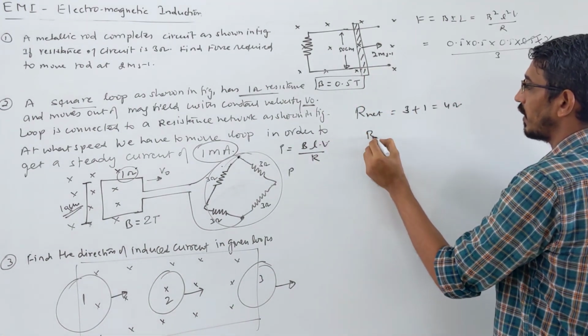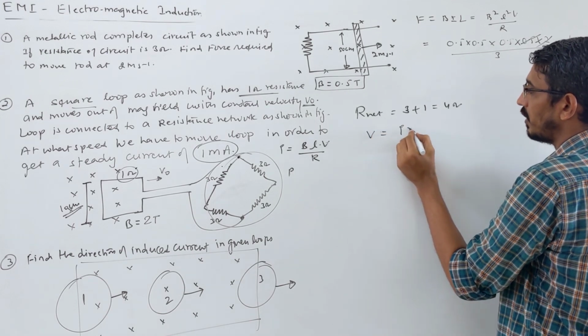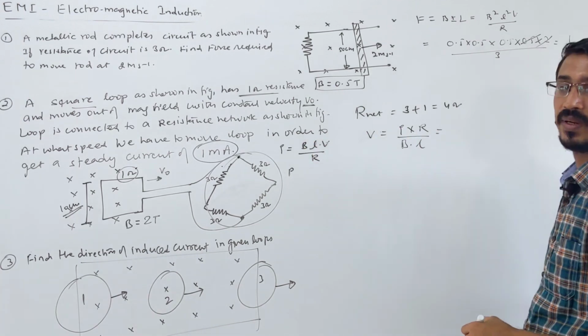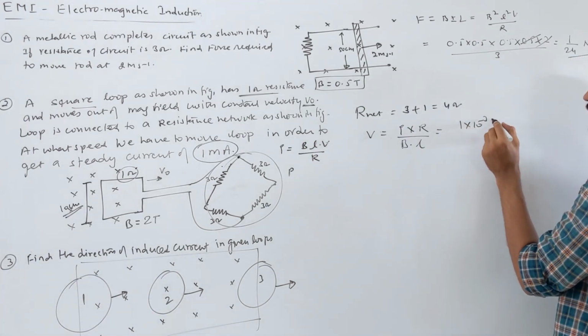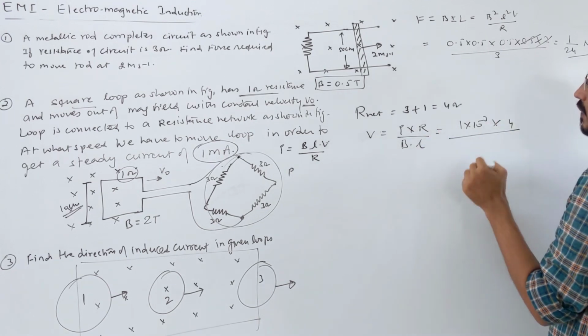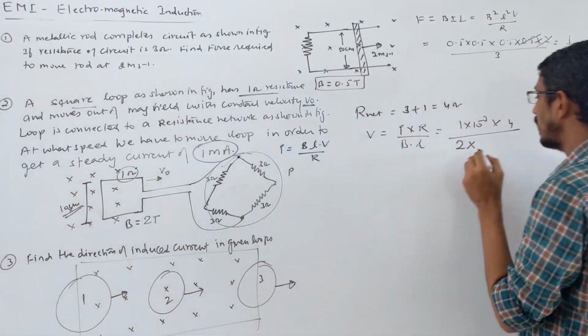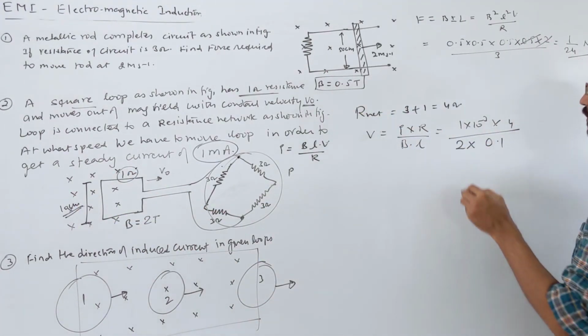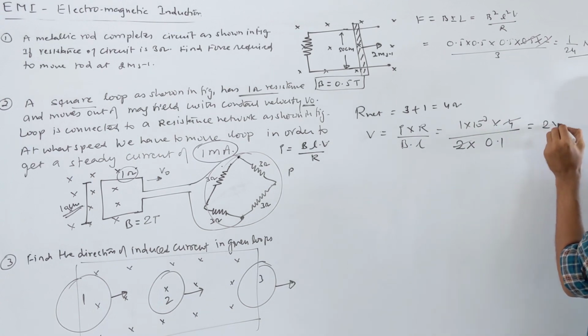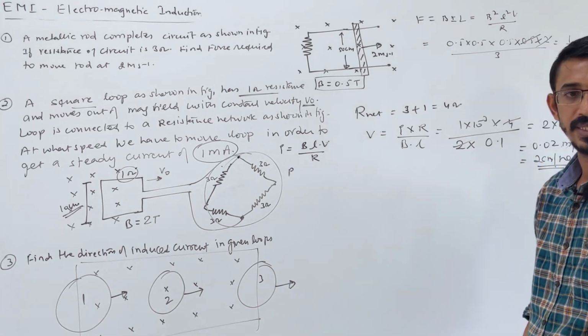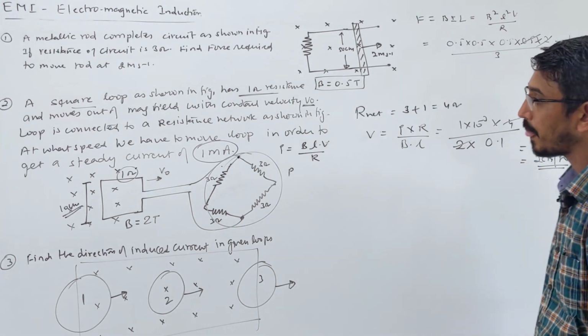Resistance we know. We have to find velocity. So look here, velocity we need, which is current into resistance divided by magnetic field into length. Current they gave, 1 milliampere, so 1 into 10 power minus 3 ampere. Resistance is 4 ohm, divided by magnetic field, given as 2 Tesla. Length of this conductor is 10 centimeter, means 0.1. Correct. We can simplify this. This goes up to 2 into 10 power minus 2, so the answer is 0.02 meter per second, or 2 centimeter per second, as the answer was given. Okay, let's see one more question.